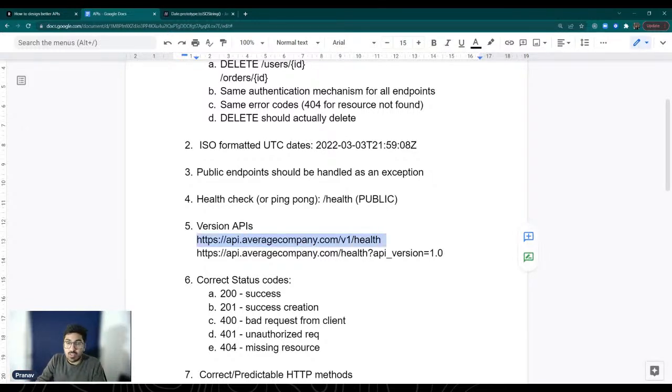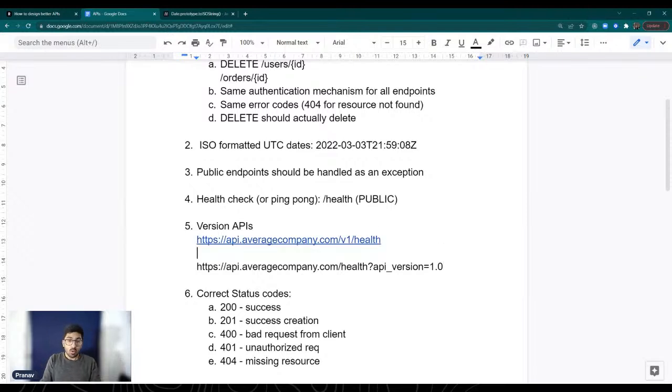For example, this is V1, right? So you can just request them to go to V1 of your API, and this one can be V2, or it's just different ways of writing some version. But most companies or most people don't even think about versioning, right? Whenever you start a new project, you should use either something like this, the first example, or the second example. Because in this case, even if you change something, if you change how APIs work, old ones won't be impacted,